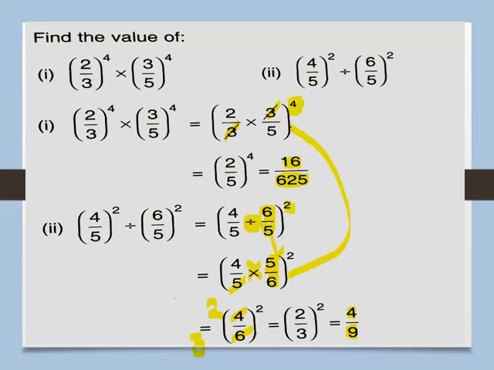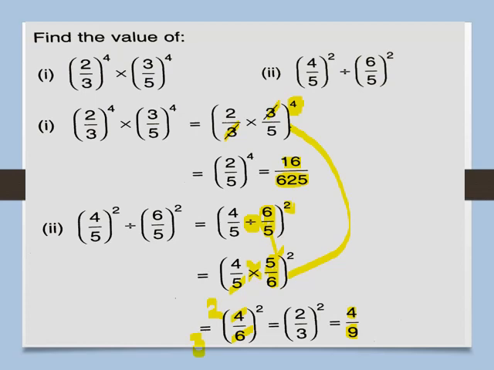So in this way, in the simple way, we can use the law and find the value of the given expression. See here the division. (4 upon 5) divided by (6 upon 5), both have the same power, that is 2. So we will take out the power 2 as common, and we will write 4 upon 5 divided by 6 upon 5. But we all are aware that division of rational numbers by this method is not possible. So what do we have to do? We will convert that sign to multiplication. While converting the division sign into multiplication, we have to take the reciprocal of 6 upon 5. The reciprocal of 6 upon 5 is 5 by 6.